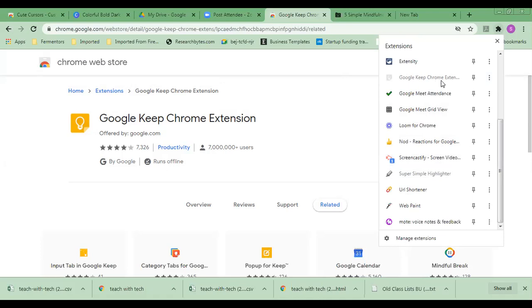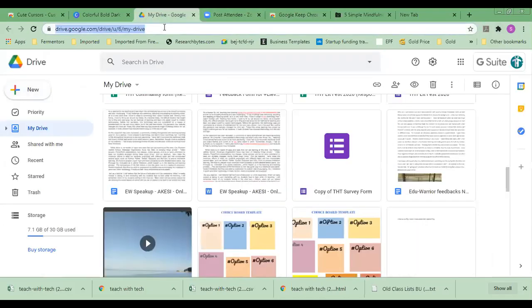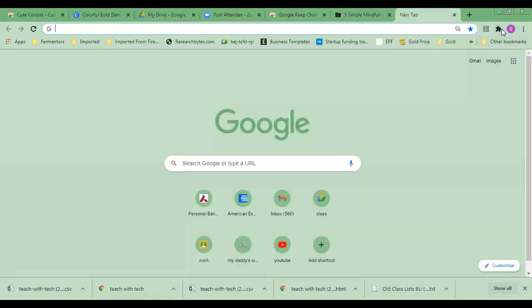Yes, ma'am. Yeah, so when you click on the extension, it will pop up a notepad kind of page, which will allow you to type instantly. So if there's anything that you want to type instantly, or if there is a particular site which you have found interesting and you want to save it and use it for a later day, you can go to your Google Keep, and that Google Keep will also be seen in your Google